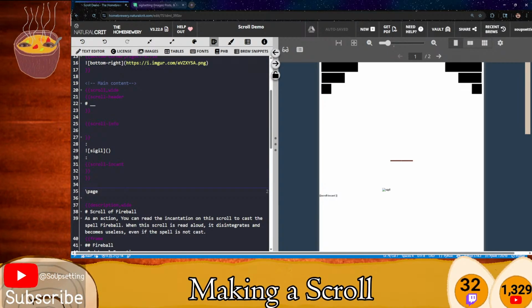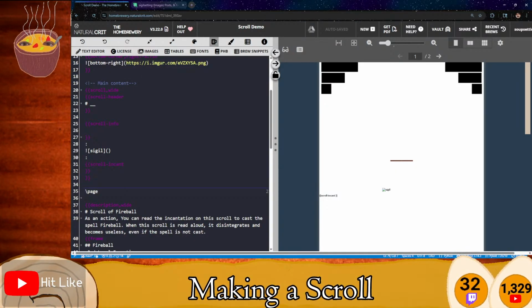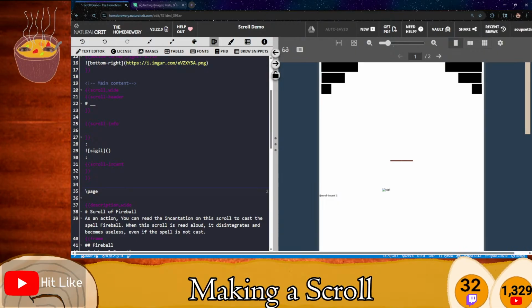I'm making a spell scroll today. I've actually already done it. I've got the whole template and everything figured out. If you're on YouTube, you can look in the description for that, and if not,